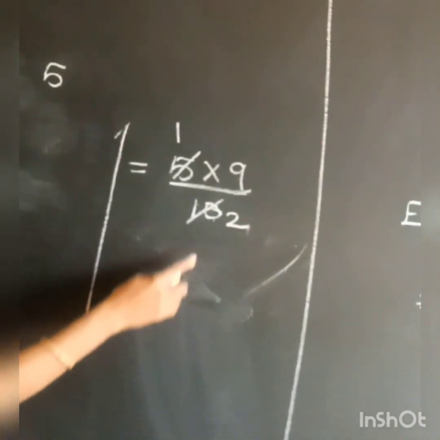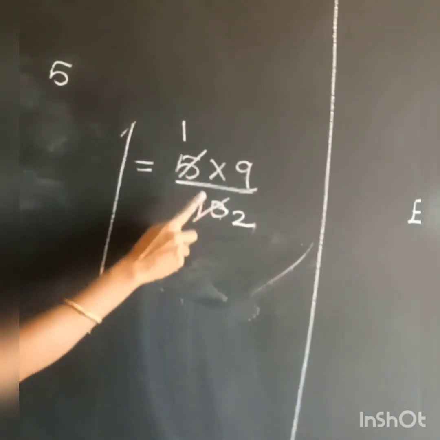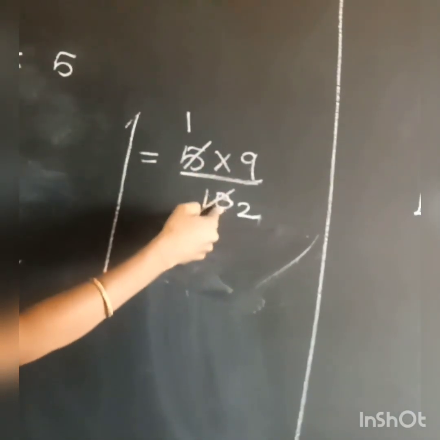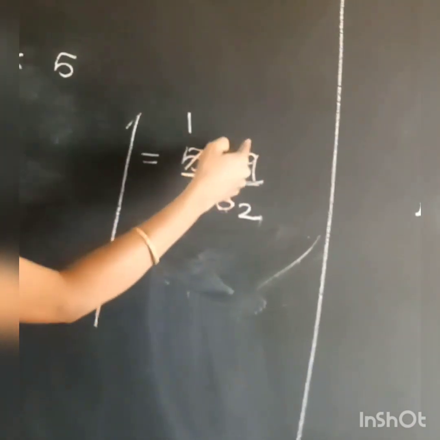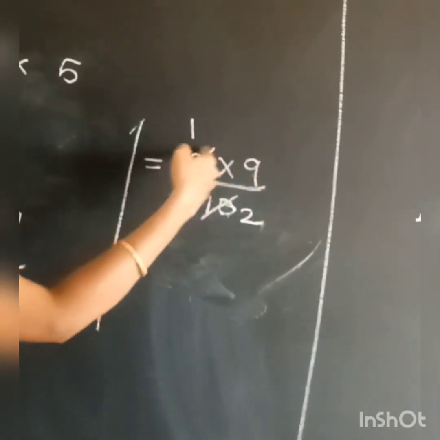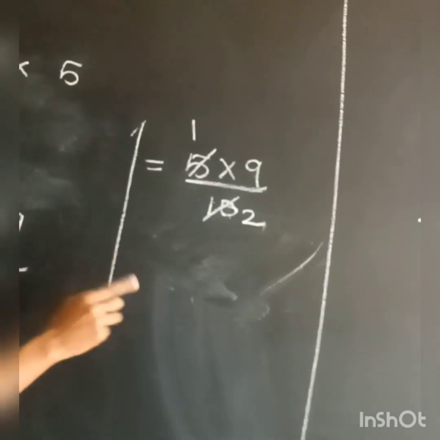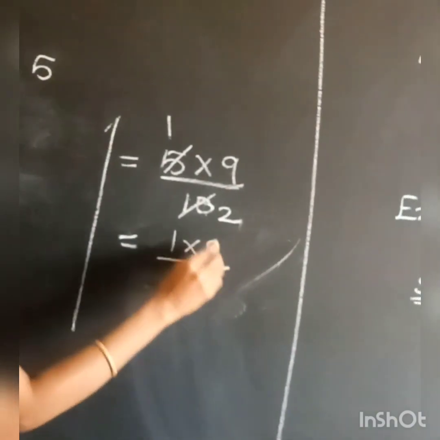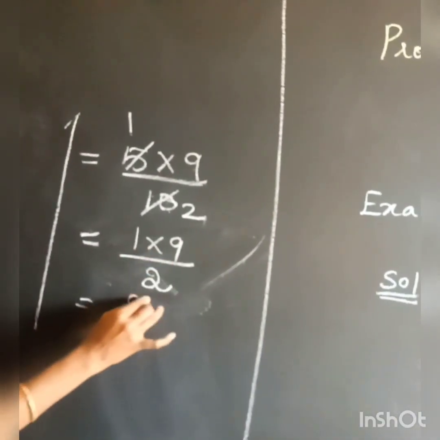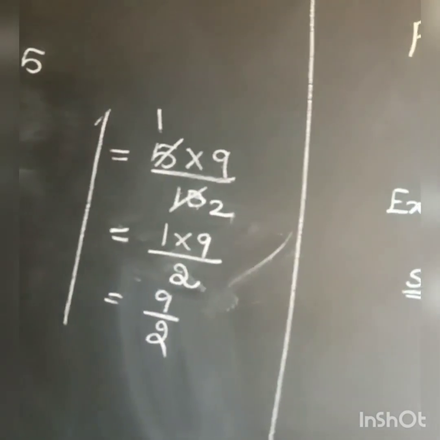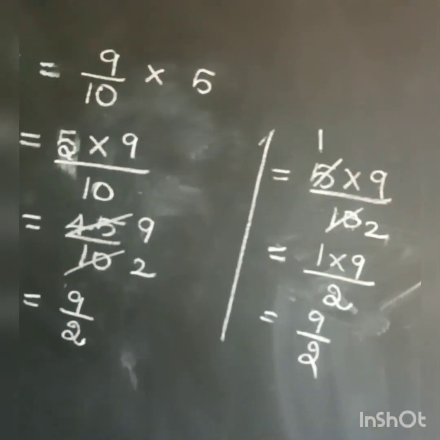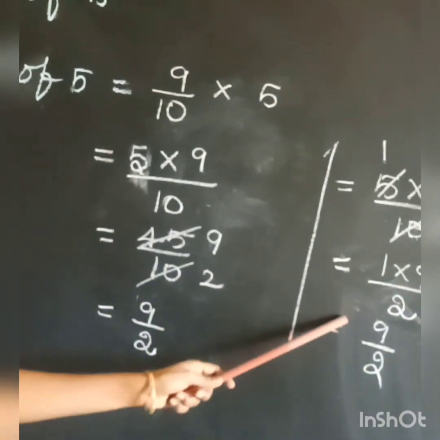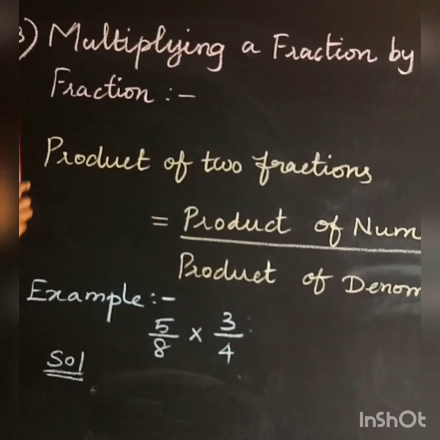Which table are we using here? 5 table. You compulsorily have to cancel wherever possible between the numerator and denominator of the multiplication. Okay? Don't directly cancel this numerator, that is not a correct method. Okay? It is equal to 1 9s are 9 divided by 2. So both are the same method for the sum. We can use either one, this is also correct. Let us come to the third type.